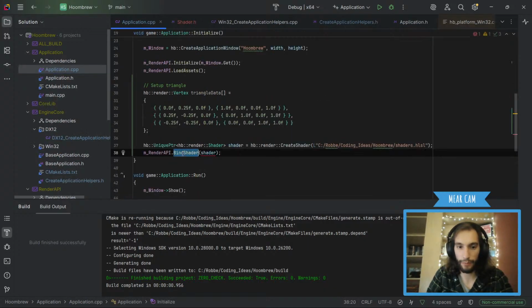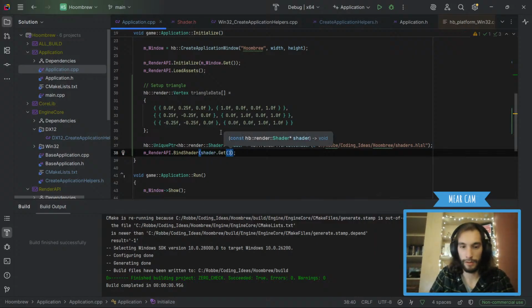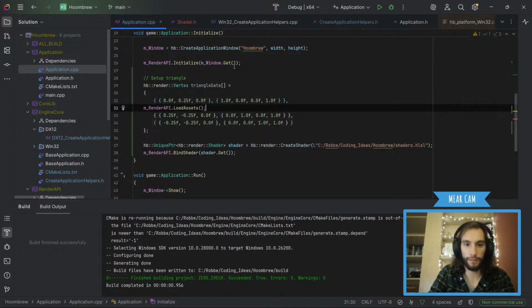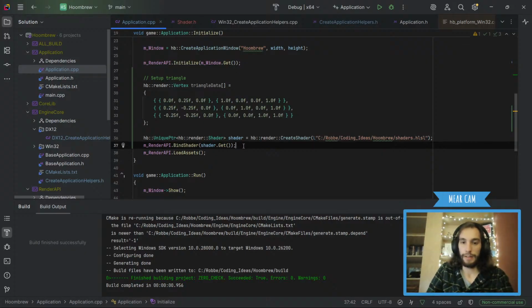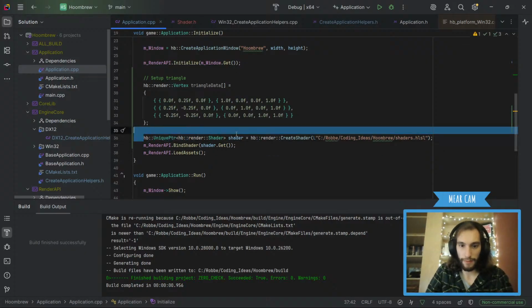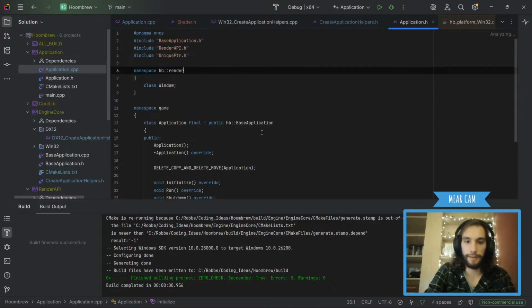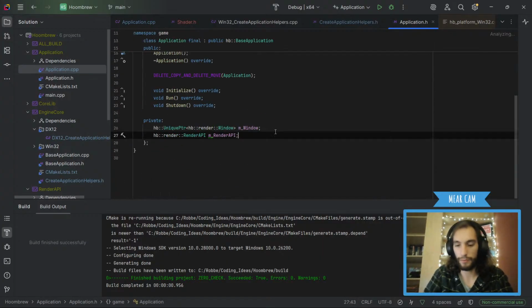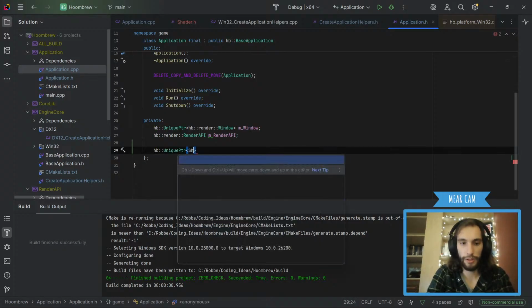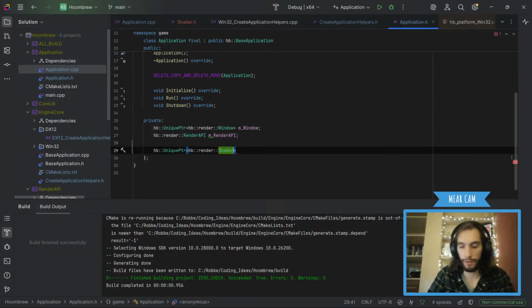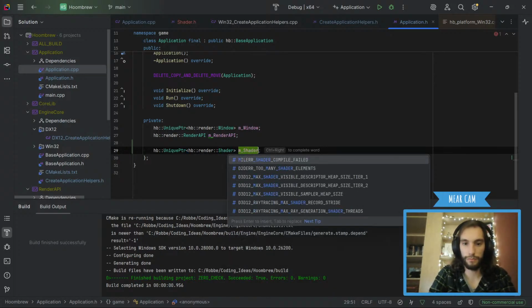What we can do now is inside our application itself. We already create that. We can bind shader with shader.get. Right? And then after that, we can call load assets. And that should all work. Only issue is we need to keep this alive. So inside here for now, we're just gonna do a unique pointer of shader.